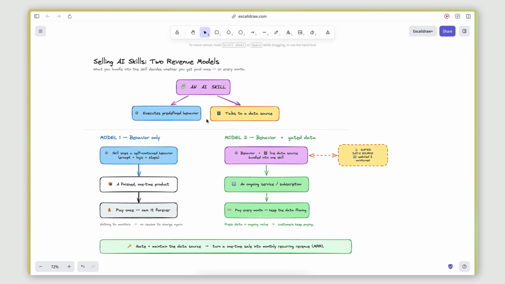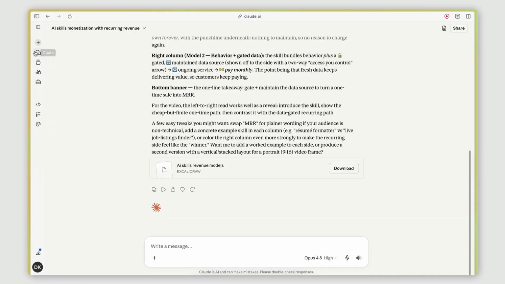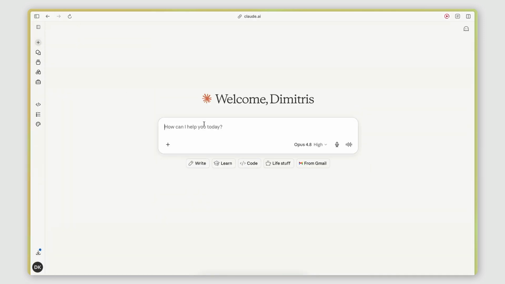So yeah, for those of you who are visual communicators, I think this can be a great addition to your tech stack. And I'm going to go ahead and do another example here. So I'll go to a new chat. I'll say, I want to create an Excalidraw diagram that communicates